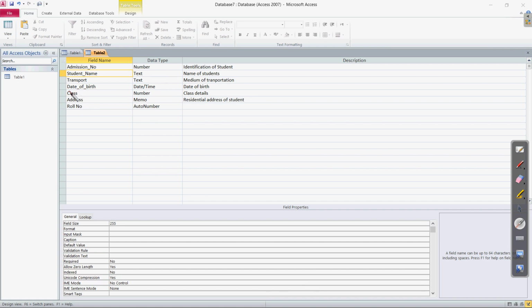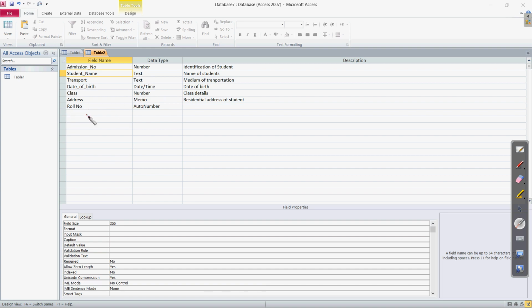What is the field name? The field name is date of birth. Here you can see that the date of birth of a student will be a data type having the date and different months. Clear? In this the data type is chosen as date and time. Then memo also we have chosen. Memo, as you can remember, was the data type with the character limitation of 63,999. If you are writing the address, the address of some student may require more characters. In that case we can choose the memo data type.